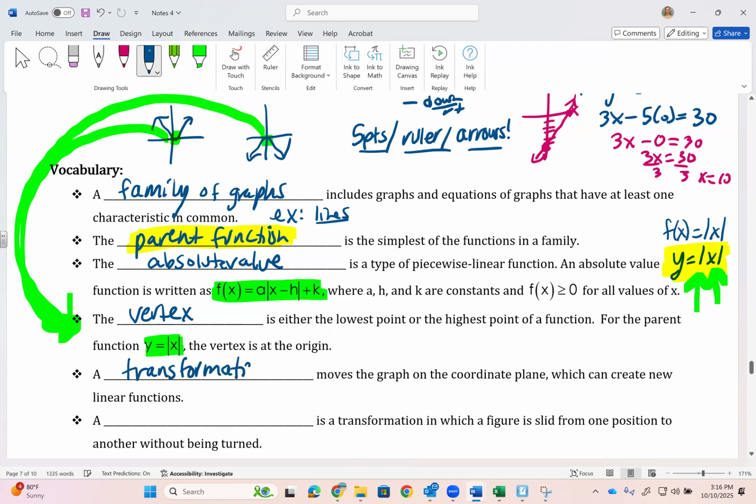When you're little, it's possible you played with Transformers. They move, but they're still the same item, and it changes shape a little bit. And so when we do transformations to graphs, they shift around a little bit. They can change a bit, depending on what numbers we place on the absolute value graph. A translation,